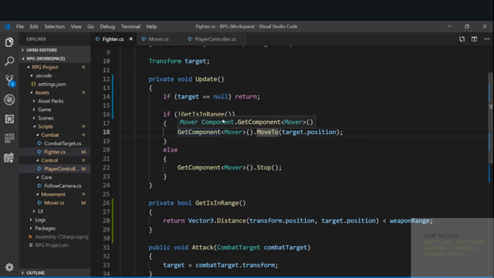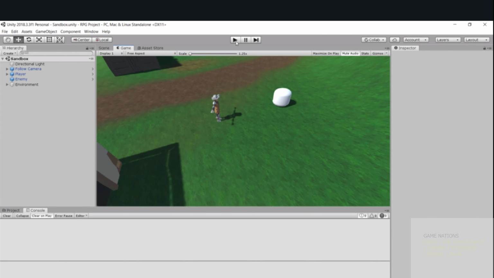We're not going to stop or move if we are not essentially fighting. But if we are fighting, then we've got two options. We're either in range, in which case we stop moving and we'll probably play some attack animations, or we're not in range and we're going to move towards our target. So hopefully this brings us to a more solid